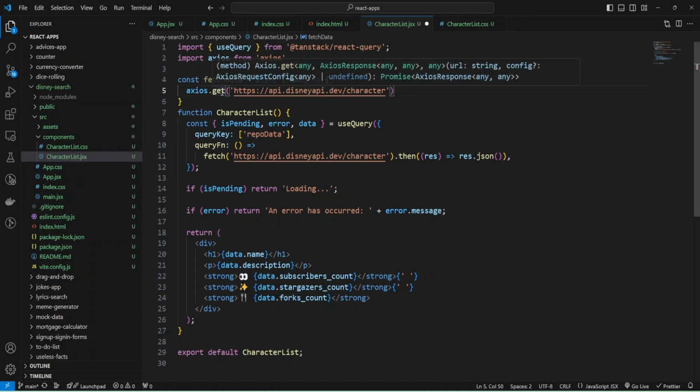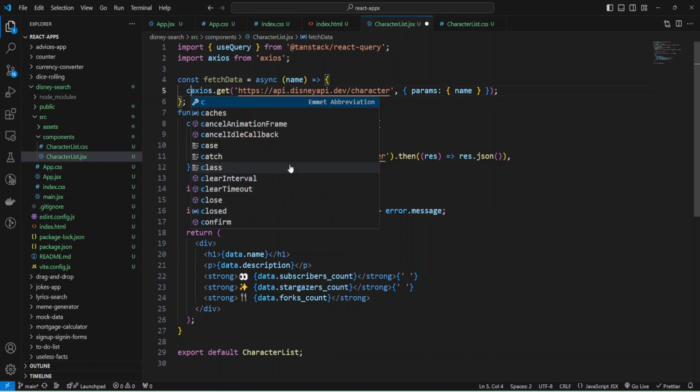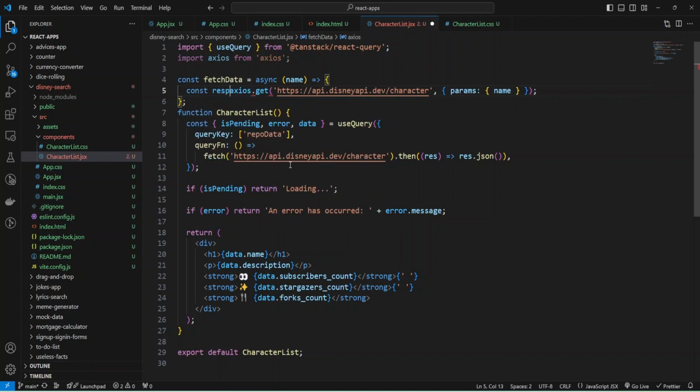As you can see, get can have a config, and it's an object, and inside config we can provide params as an object, and we'll provide only name, and I need a comma here.